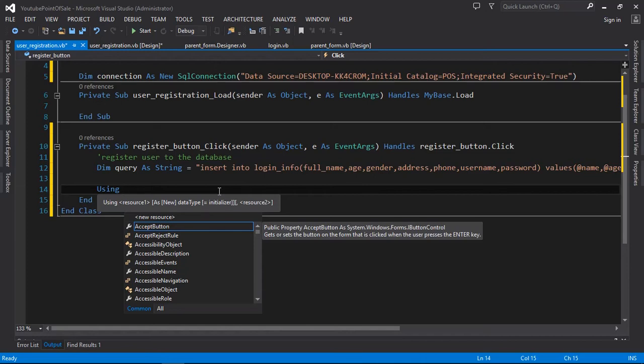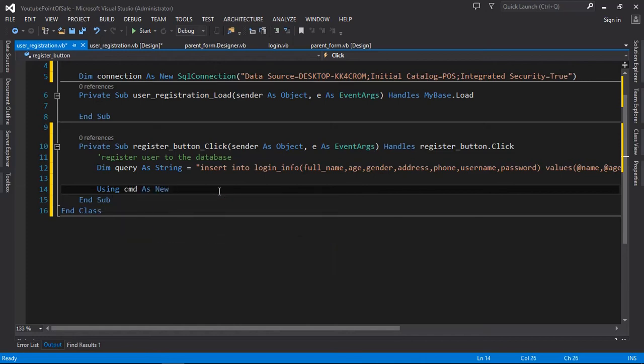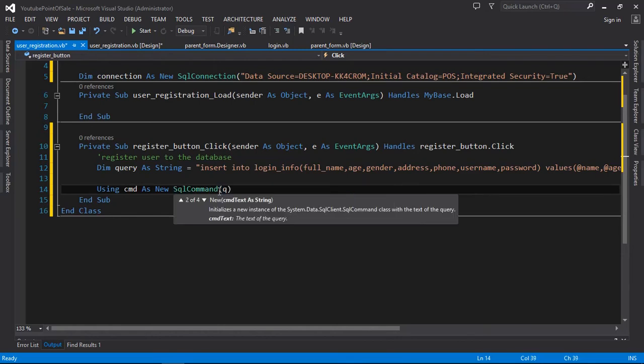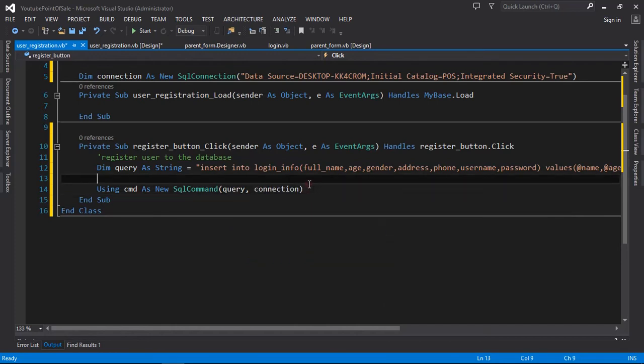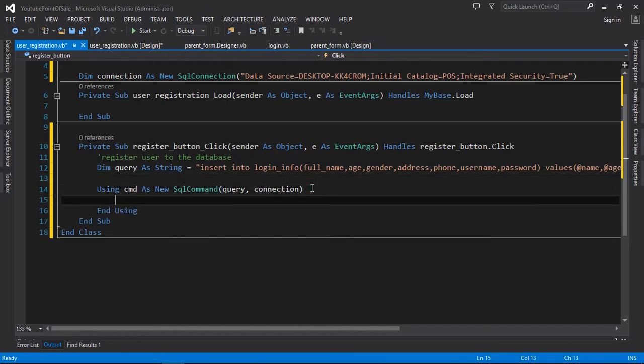Using, we want to use the cmd as new SQL command, right? This SQL command, what do you want to do? You want to put the query inside and initialize the connection, right, like this. So after initializing the connection, let's go ahead and hit this enter button, and the connection and this query will